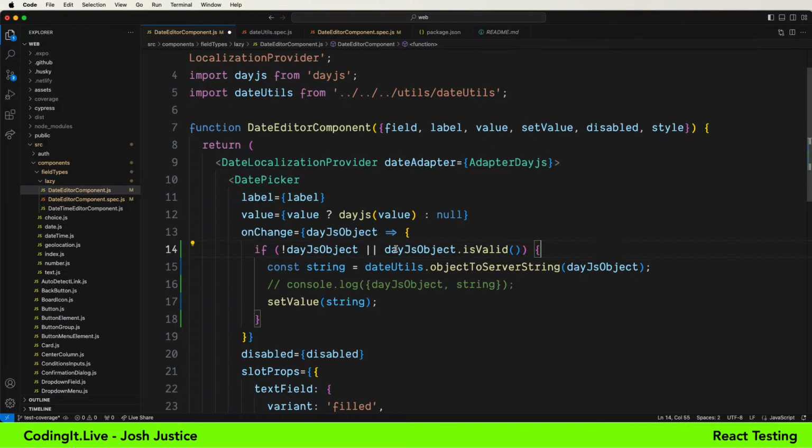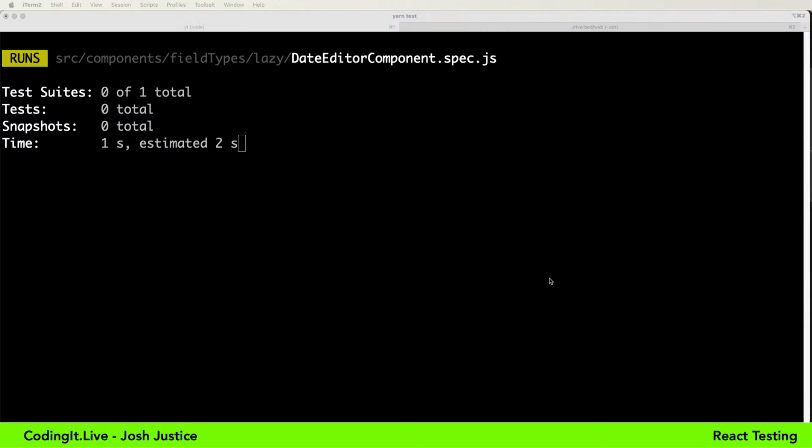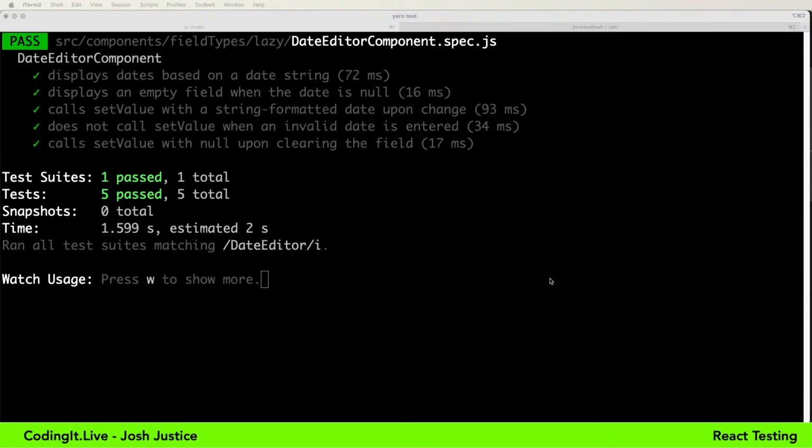So basically, yeah, that's a little hard to read, maybe we can refactor that to make it clearer, but I think we only want to skip this if there is a day.js object and it's not valid, which maybe we could write differently, but let's save and try it. Cool, now all of our cases are passing.